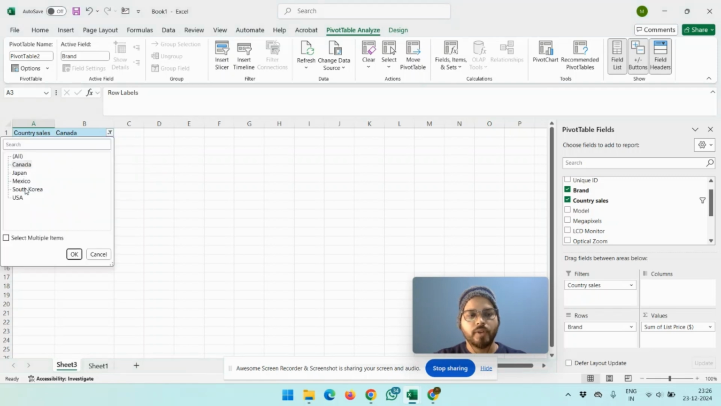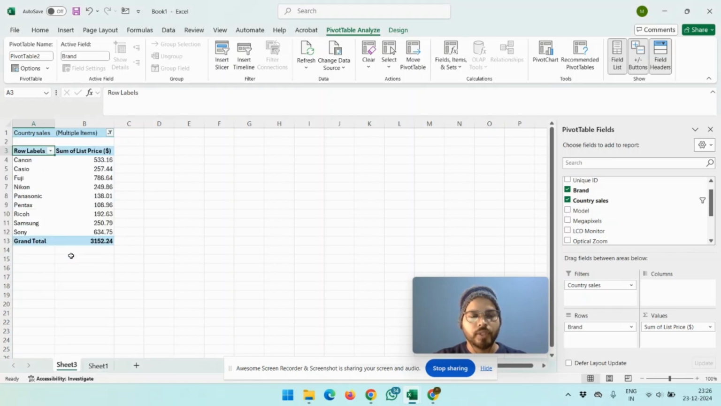As per the requirement, like I want Canada and Japan, I just click Canada and Japan and okay. So I get this information. These are the brand sales in Canada and Japan. So let's move on to another topic. Another topic is filtering with slicer, and